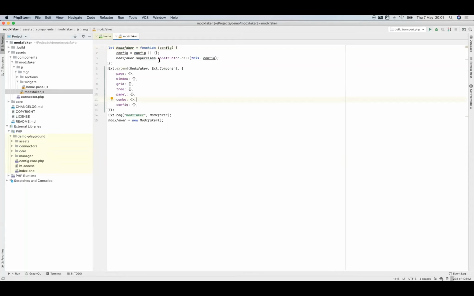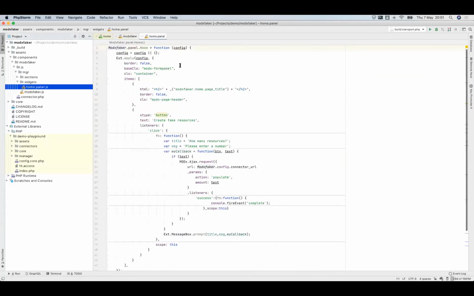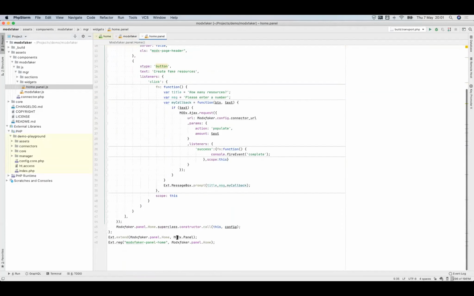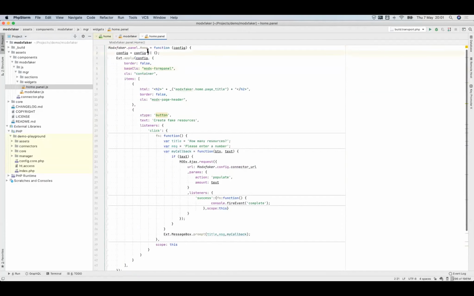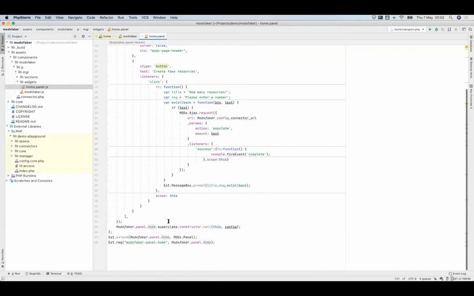We have an XGS component I've named MODX Faker. I have a MODX panel. I have my MODX Faker panel.home component, which is an extension of the XGS class MODX panel,